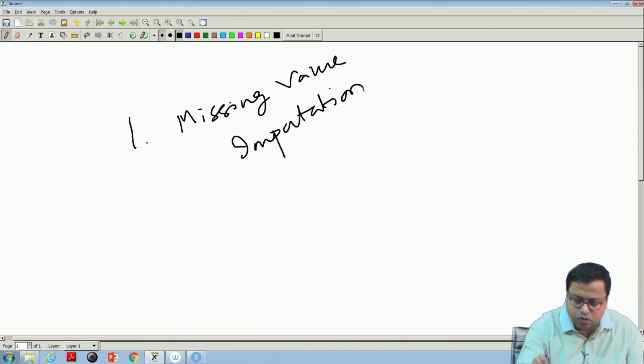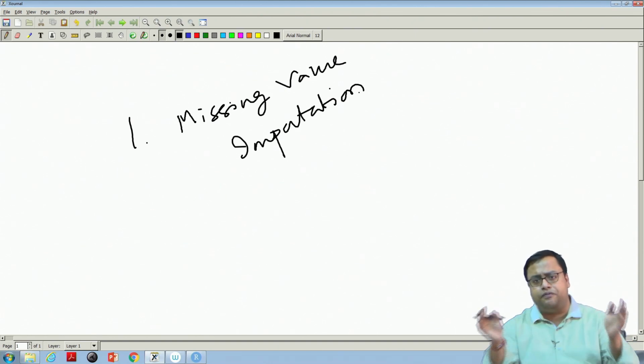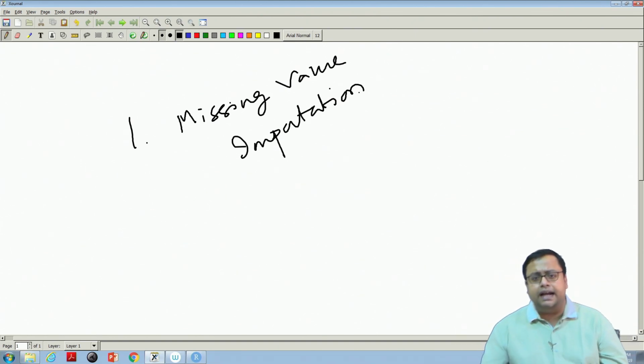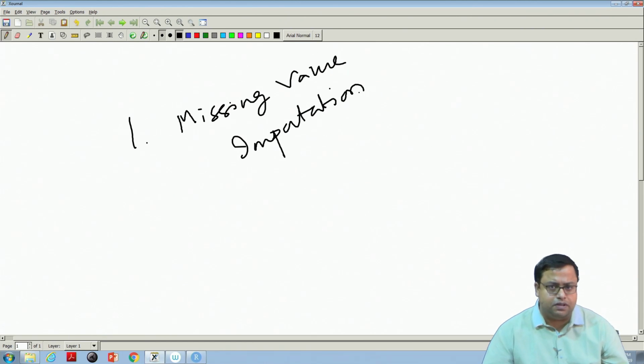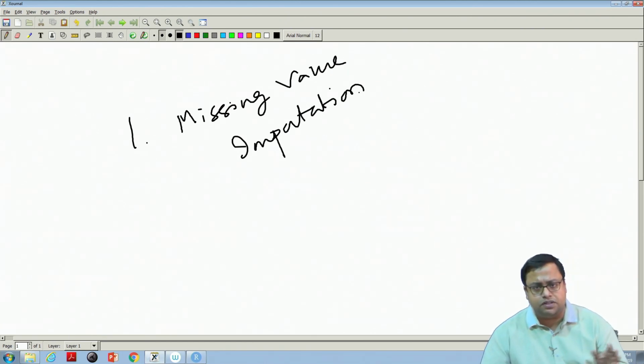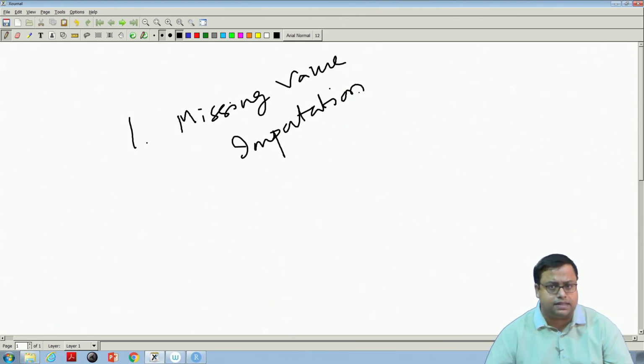Then what is the next step? There are lots of ways of missing value imputation. Ideally, that should have been covered in a course called Introduction to Business Analytics. Here I will just follow something called median imputation, because you will see later that all our observations are a little bit biased towards the higher side.